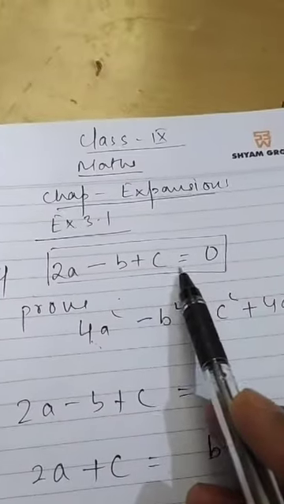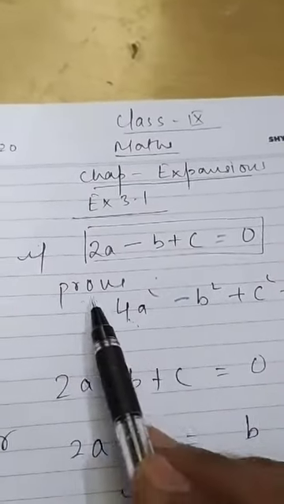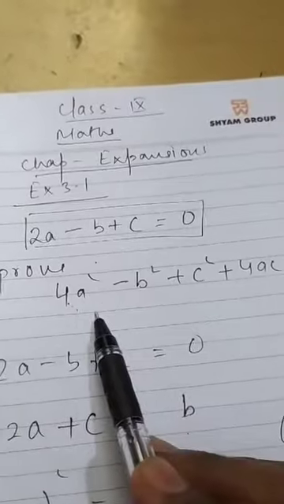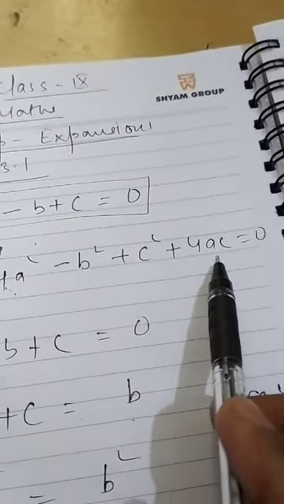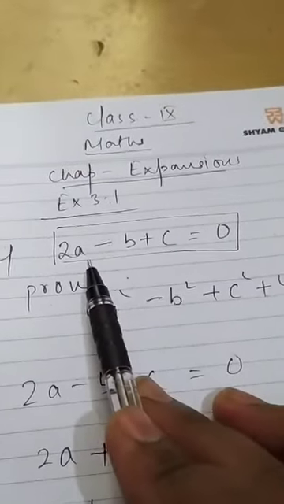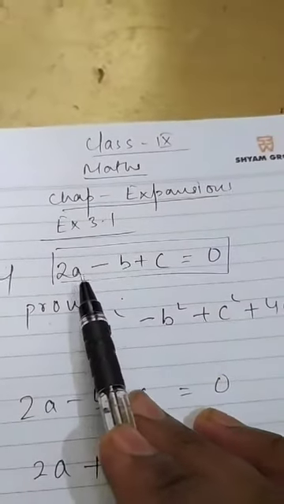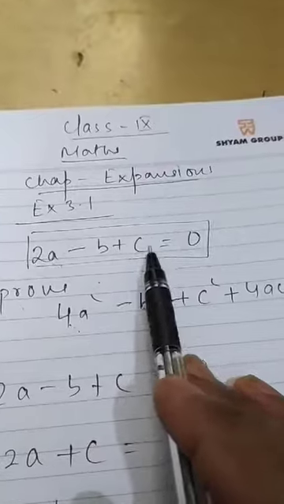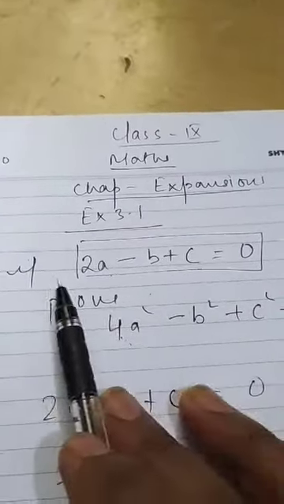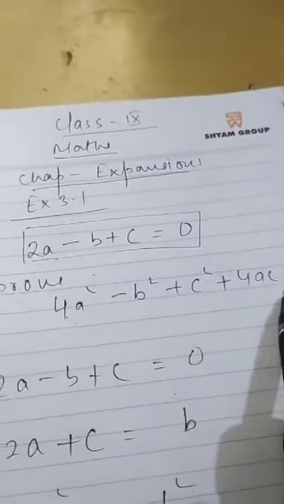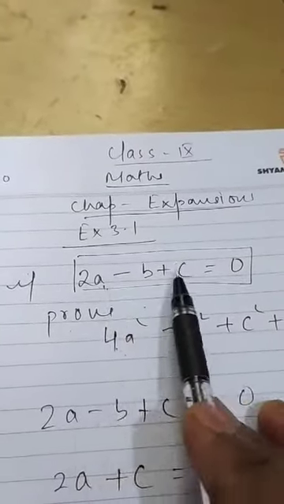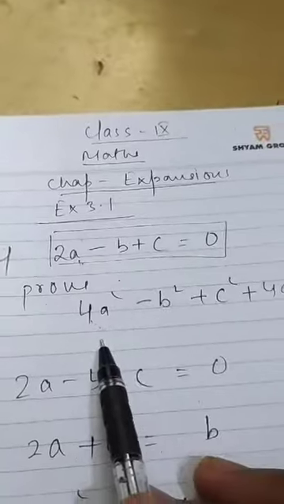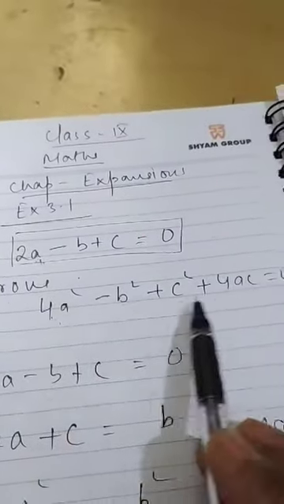if 2a minus b plus c equals 0, then we have to prove 4a square minus b square plus c square plus 4ac equals 0. So students, in this question what is given is 2a minus b plus c equal to 0, this is the condition and we have to prove this. If you see the equation, it is of the first order, the degree is 1, while here the degree is 2,